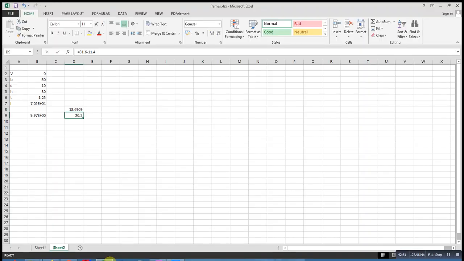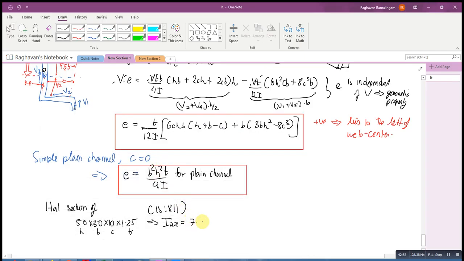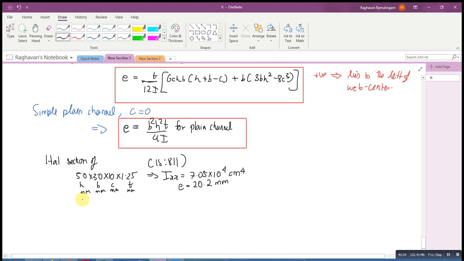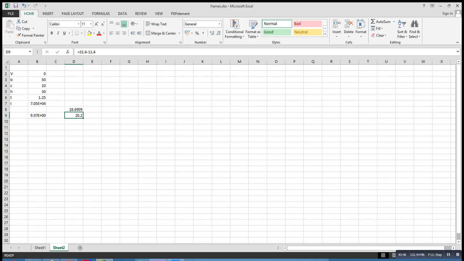IXX is 7.05 into 10 power 4 centimeter power 4, and anyway these things are in mm. Okay, and according to them, my e value should be 20.2 mm from this point. Okay, so now using the above expression, you get a slight difference, you get e equals 18.7 mm,